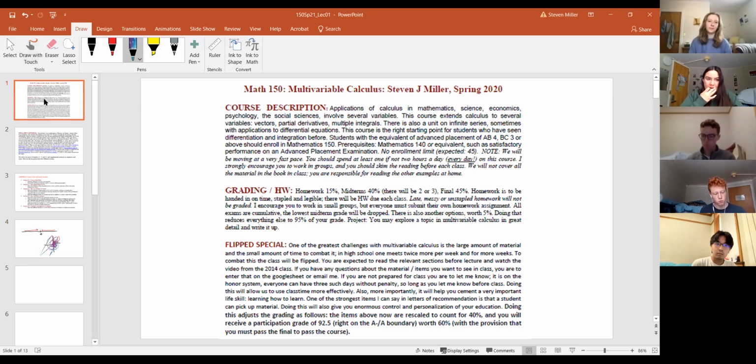This is a good time to talk a little bit about the grading metric. So homework is 15%, midterms will be 40%. There will be at least 2 or 3 midterms. I will drop your lowest midterm unless you tell me otherwise. So I'm going to just assume everybody wants the lowest midterm dropped. Final is the rest. You can change the grading scheme and have 60% of your score be a 92.5, right on the boundary of an A minus,